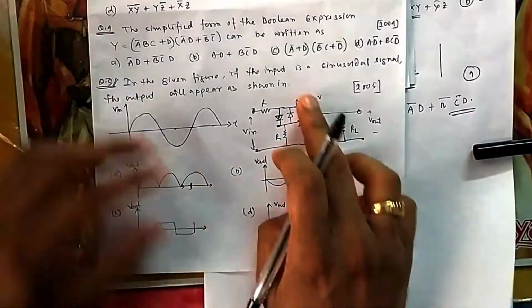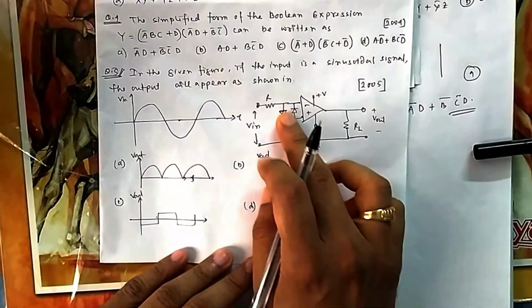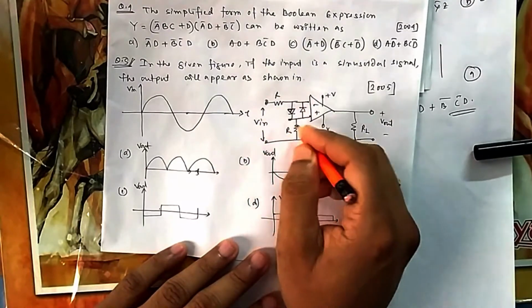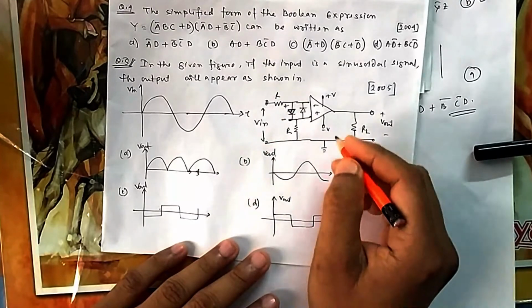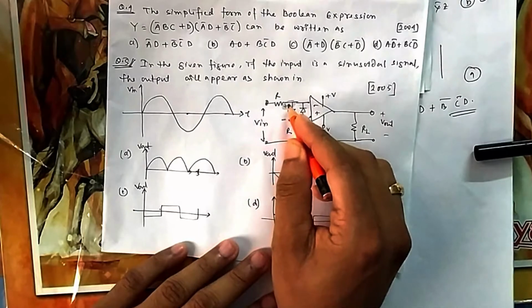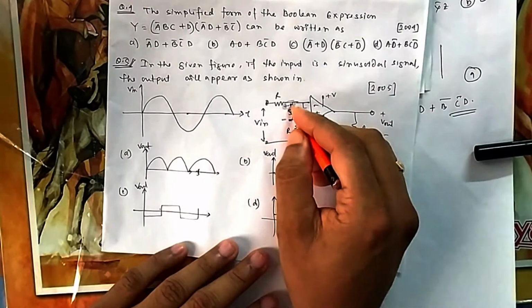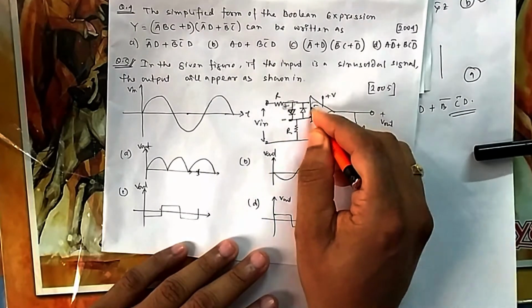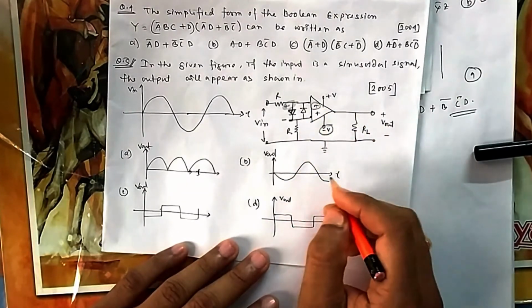Now if you see question number 5, in the given figure the input is a sinusoidal signal, a sine wave, and the output will appear. Now you see in this op-amp there are diodes connected. So if you take the first half, the positive half, this diode will be forward biased. Once this is forward biased, this is plus minus, so this voltage will be at higher voltage. If I take this as ground, then this will be 0.7, because this is higher potential and this is lower potential, because the drop will be in this fashion, as it is forward biased during the positive half cycle. That means your negative will get higher potential, so the output will be at minus V.